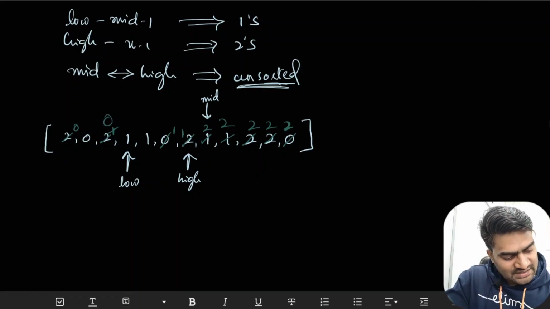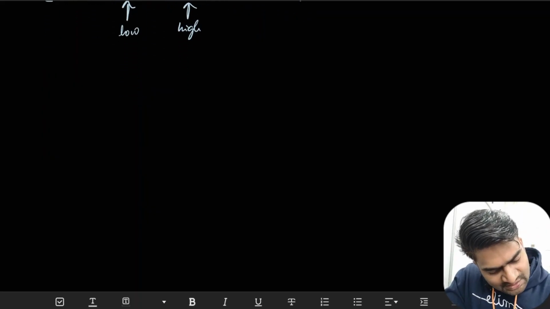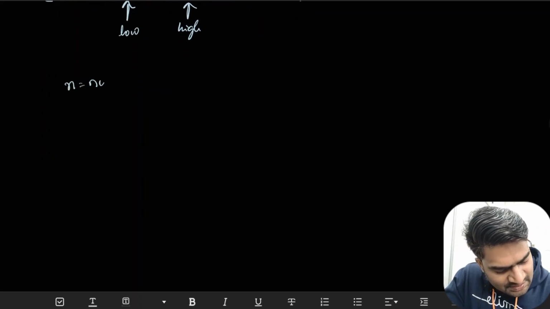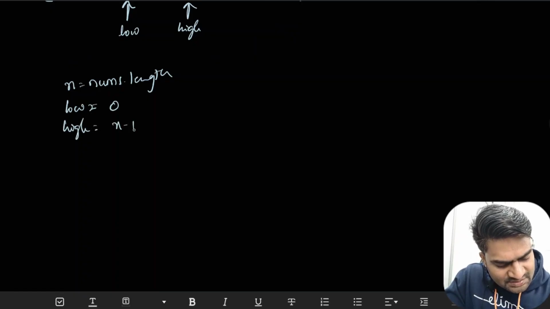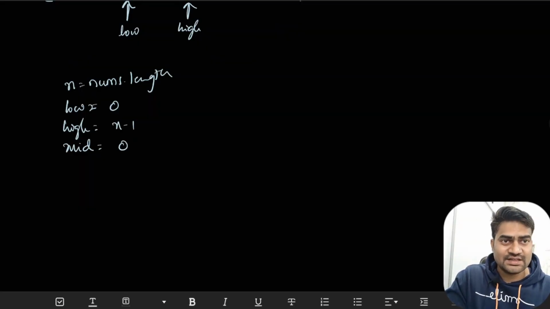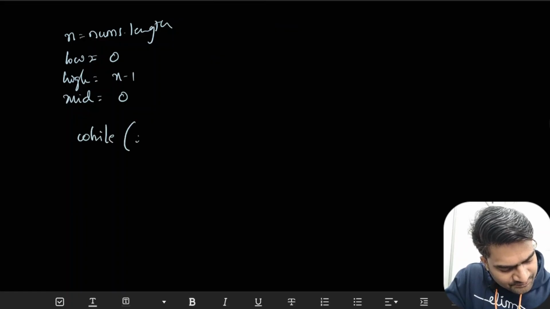Okay, with that, let us try to write the pseudocode for this one. So now n will be nums.length, our low will be 0, high will be n minus 1, and our mid will be 0 initially. These are our initializations. Now while our mid value is less than or equal to high,